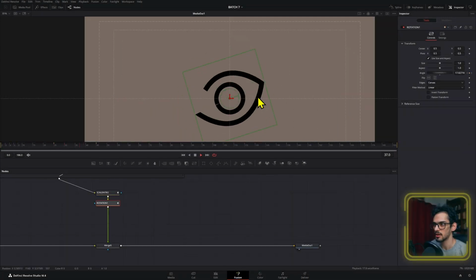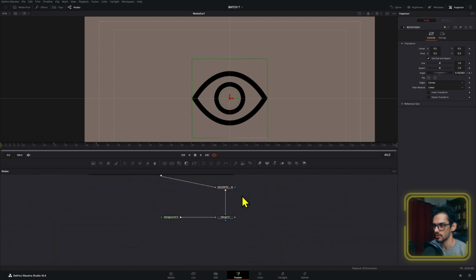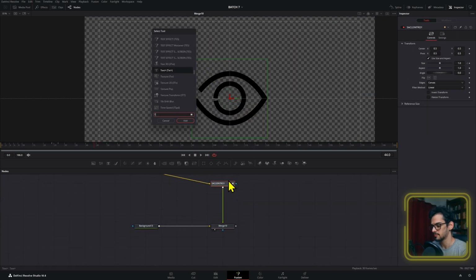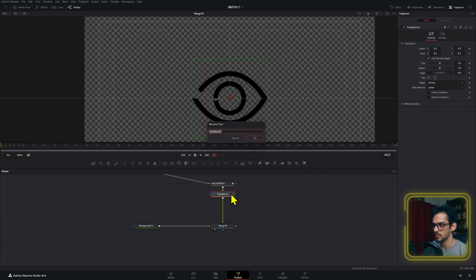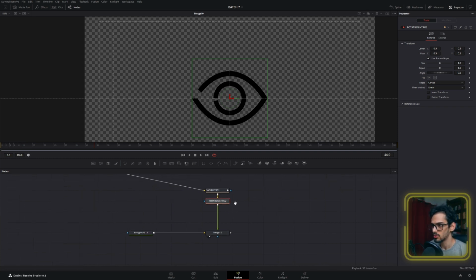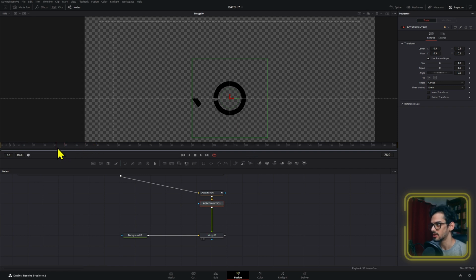So if we take a look at these, we have that movement. So for that, we're gonna add another transform right here, and we're gonna rename these rotation intro to, because we already have renamed the other one that we had earlier, right? Okay, now to make this work in the other one, we started this inverted. So I'm gonna set these to be 180 on the angle section. I'm gonna press the box here to create a little keyframe,